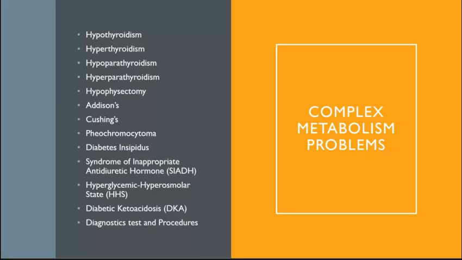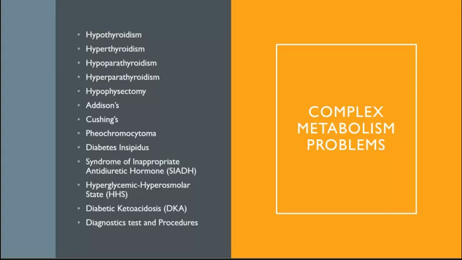And then on the back of our thyroid, we have four little glands called parathyroid. And those directly regulate calcium. So if we have low calcium, we could say that the parathyroid is not working appropriately. So it would be hypoparathyroid. If we have too much calcium in the blood, that could be hyperparathyroidism. And it is also important to remember what too much or too little calcium looks like in the body.